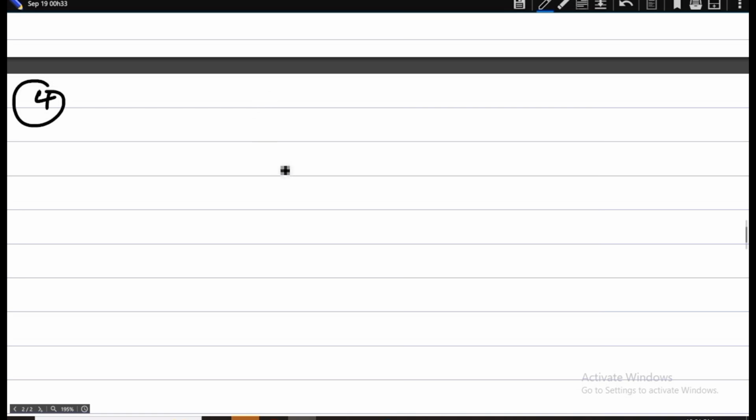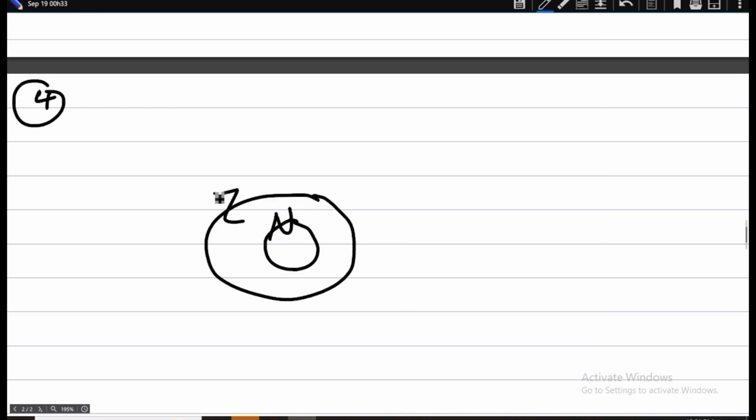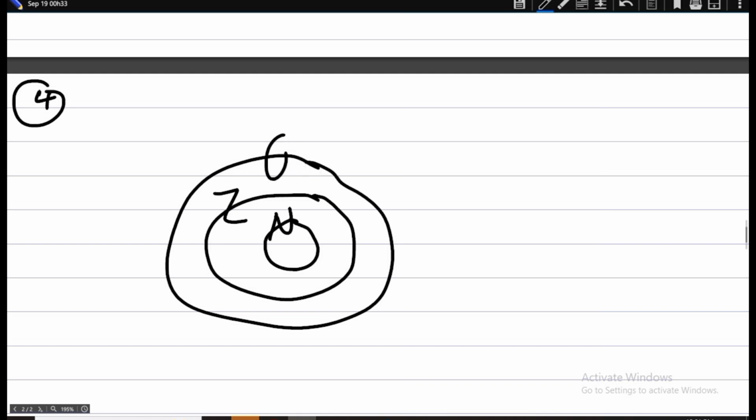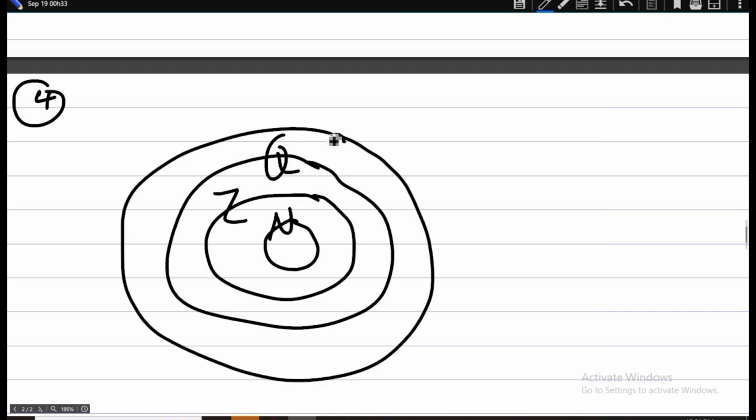All right, in fact, let me give you the summary. The first circle here is the natural numbers. Then covering the natural numbers, we have the integers. Covering the integers, we have the rational numbers. Covering the rational numbers, we have the real numbers. Then covering the real numbers is